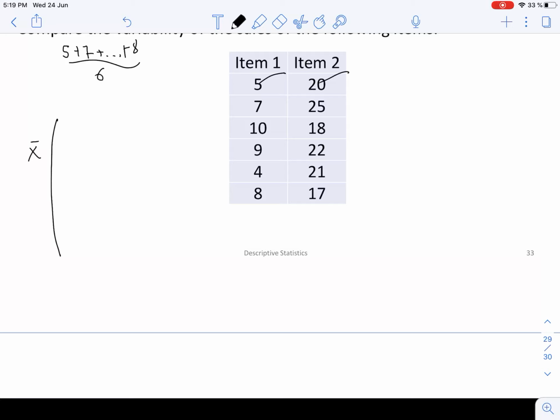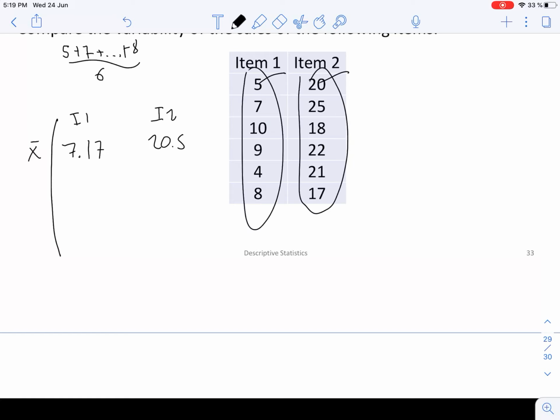Same idea for item 2. So x bar, this is for item 1, this is for item 2. I will give you the numbers right away, 7.17 and 20.5. That makes sense because if you notice these numbers are higher than these numbers, so it makes sense that the mean of the sales of item 2 is higher than the mean of the sales of item 1. Okay, but now if we find the standard deviation,